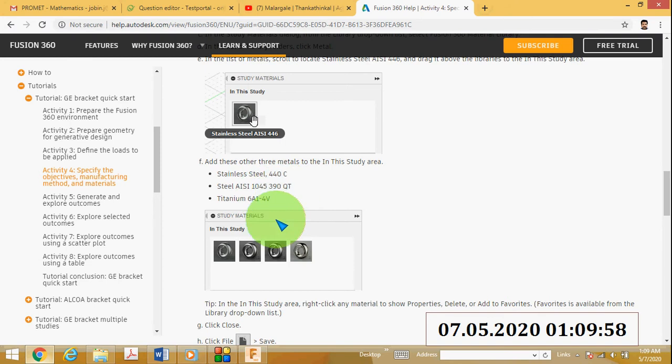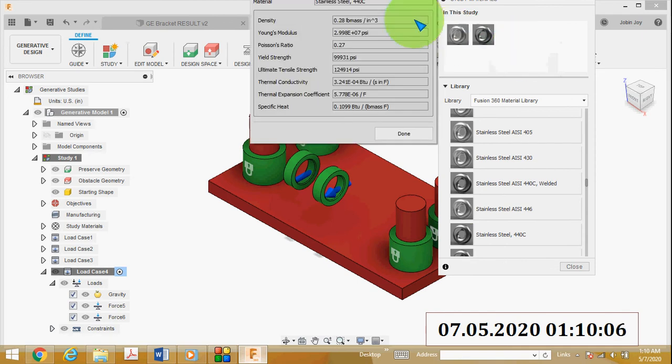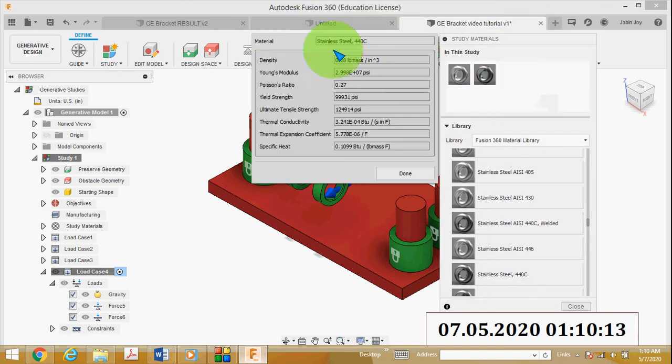The next is stainless steel 440C. Just drag and drop here. If you want to see the properties, right click and choose properties. You can see the density, Young's modulus, Poisson's ratio, yield strength, ultimate tensile strength, thermal conductivity, thermal expansion coefficient, and specific heat.